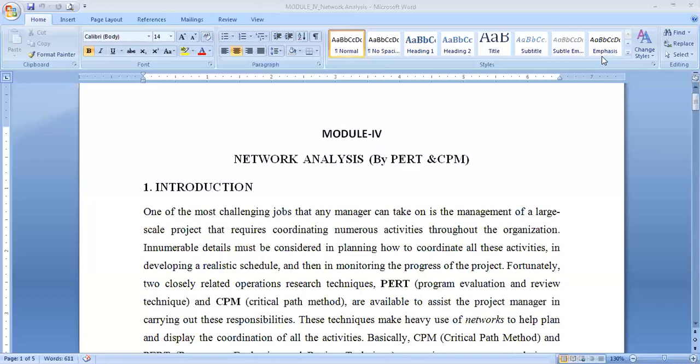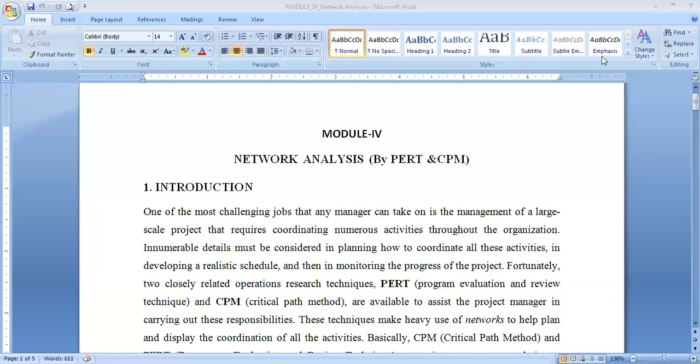So, making efficient plans, coordinating the numerous activities throughout the completion of the project, and also bringing all the resources which are required to complete that project is one of the most important and challenging jobs for the managers. Among this, the planning and execution and expediting, that is following up of the activities which are involved in the project, is very crucial and becomes very important.